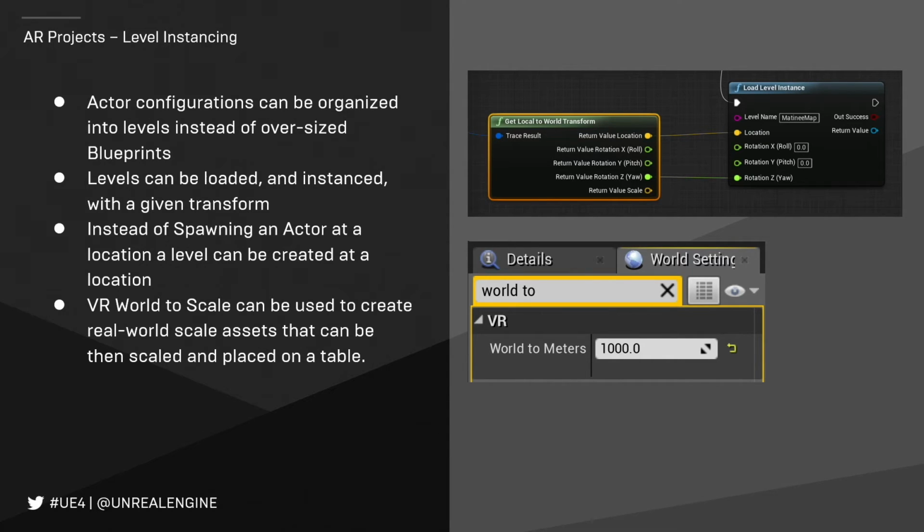Instead of loading in an actor or something in AR, what you are actually able to do is load a level in at a given position and rotation. Which means that that motorbike, which is made up of hundreds of different actors, could theoretically sit in a level and get streamed in at a location. And we're able to use this world to meters scale functionality so that when we click on something in the world, we can see how big the surface is.